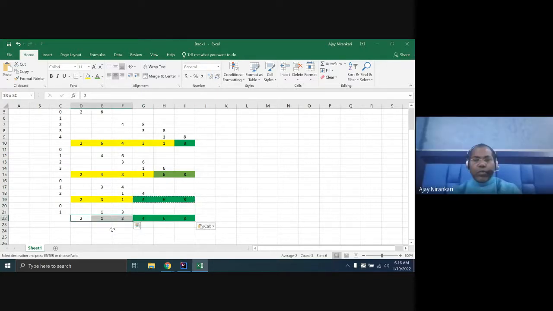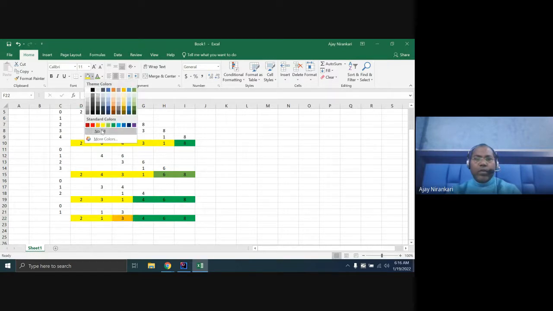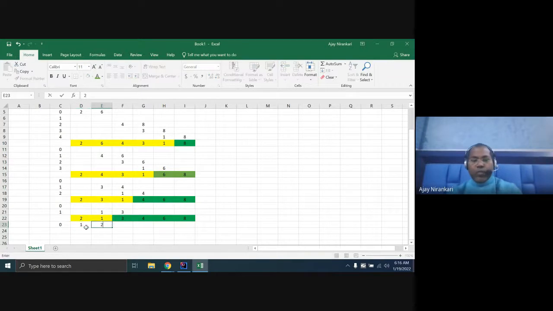And now only 2 elements are remaining, and this should be this color. In the next loop, again you start with the 0 element and try the first 2. Swapping required? Yes, 2 is greater than 1. So swap it. Here 1, here 2. Now we know in this we have already sorted everything, so you don't do anything. Just copy paste.